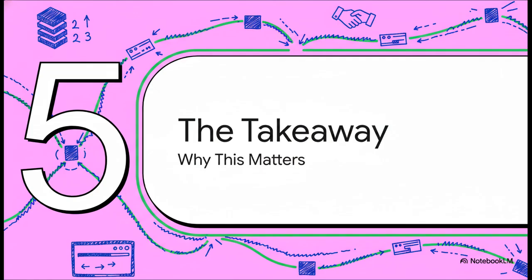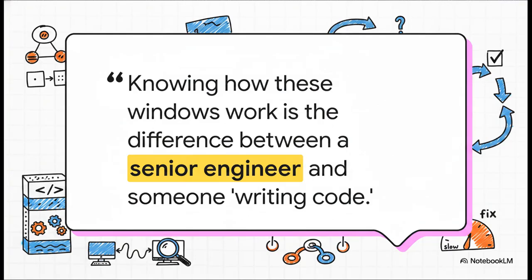So let's zoom out. What's the big takeaway? We've talked about sequence numbers, handshakes, buffers, all this complex stuff. Why should you, as a developer, actually care about any of this? Because honestly, here's the deal. Understanding what's happening underneath your code is what separates the pros from the amateurs. When your app is slow, when things are getting weird, knowing about that handshake tax or how congestion control works, that's what lets you actually diagnose the real problem instead of just guessing. It's a huge marker of a senior engineer.